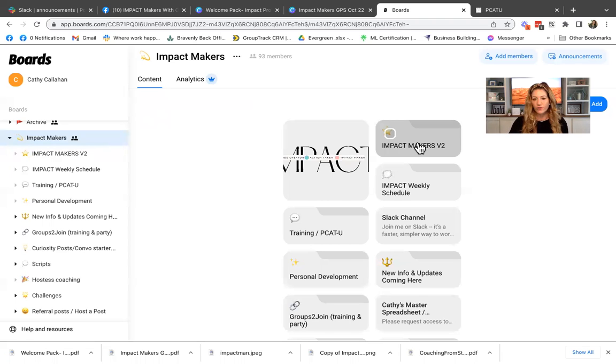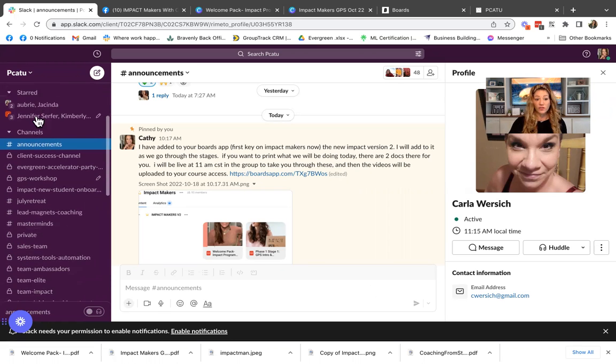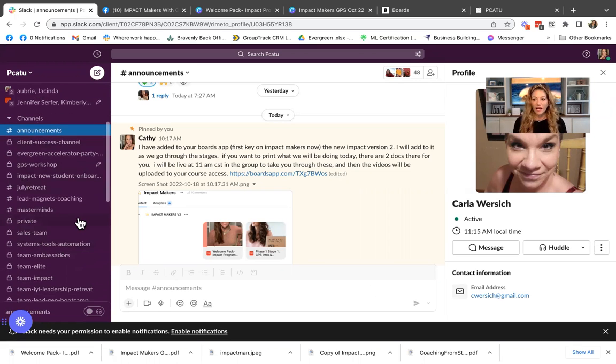You will also be introduced to a Slack channel. If this is super new for you, don't worry. Your advisor will go through this with you. But Slack is a great way to get us outside of the Facebook Messenger and into a more professional way of communicating. We organize it by something called channels, and it is an app or a website. Okay, so it is different to kind of train yourself to go over there to get messages,